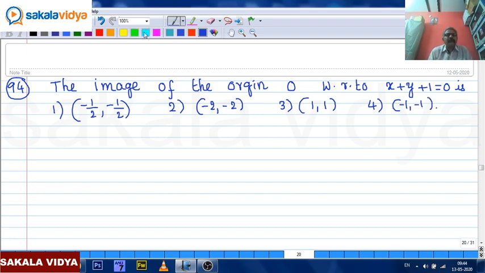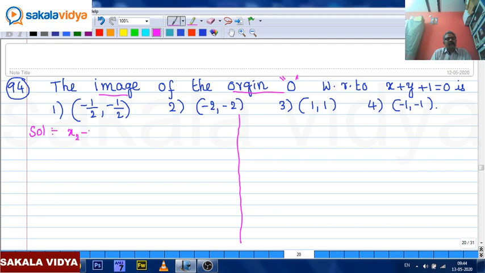Okay. The image of the origin means 0 comma 0 with respect to the line. So, two methods let us do, first method and second method. First method is the formula method. Solution: